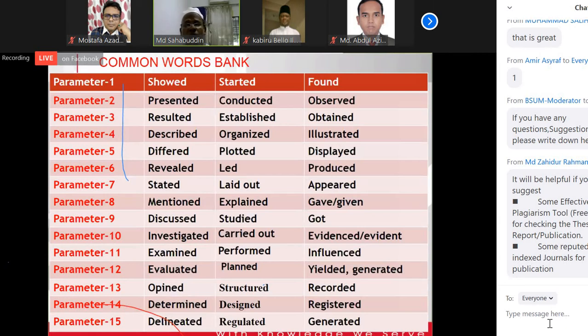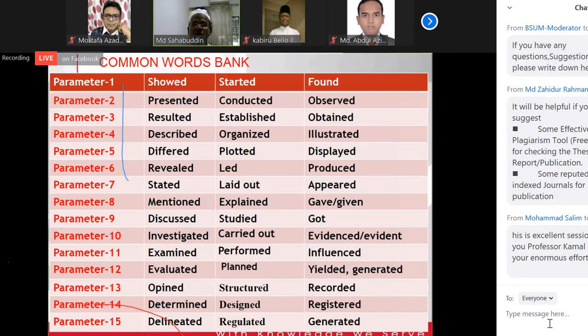So this is the common word bank. That means when I write my result or methodology, there are some words like common, presented, conducted, but my English capacity is very weak. For this, if I prepare a common word bank on my laptop, then I can use different words under different sentences.